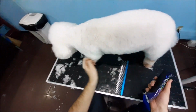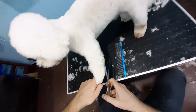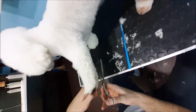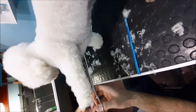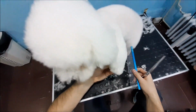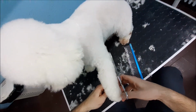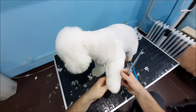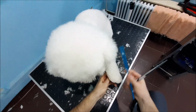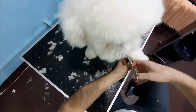Okay. Actually, I'm not going to use the comb attachments on the front legs, guys. Scissors only. I hate when they pull the leg. Guys, if they're pulling like he is, you have to hold the leg strong, because if he pulls while you're scissoring, you can cut him, you can injure him. That's why